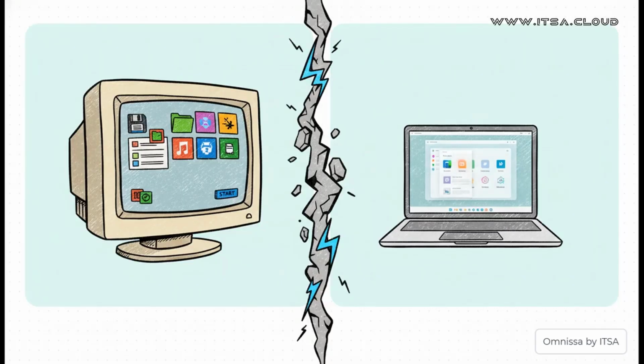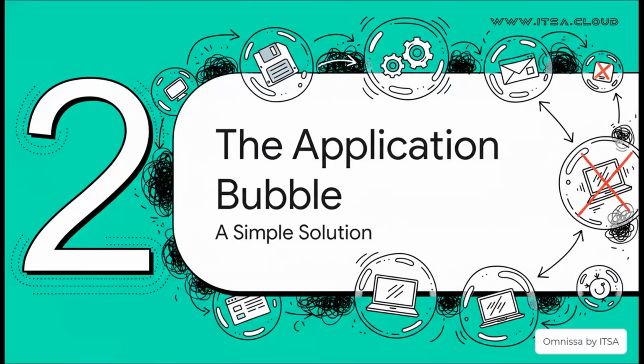And here's the core of the problem, right? Your legacy app was built for a completely different world. It expects to see something like Windows XP. But your shiny new computer is running the latest, most secure version of Windows 11. The two just don't speak the same language. So what on earth do you do? Okay, this is where things get really clever. Instead of trying to force the app to change or messing with your new operating system, we introduce this amazing concept, the application bubble. It's such a simple and elegant way to solve a very messy problem.